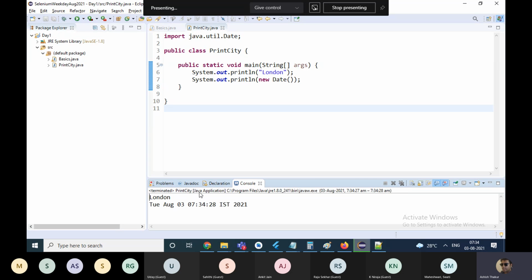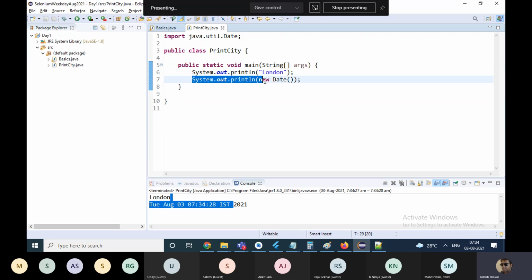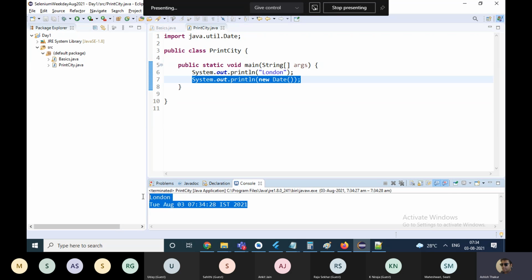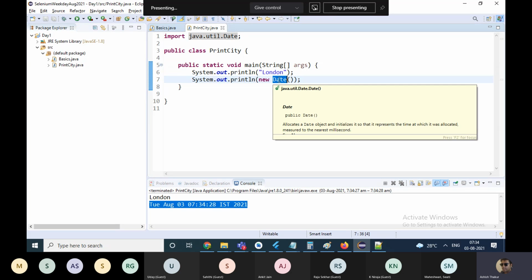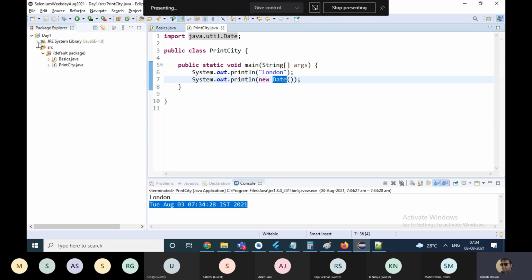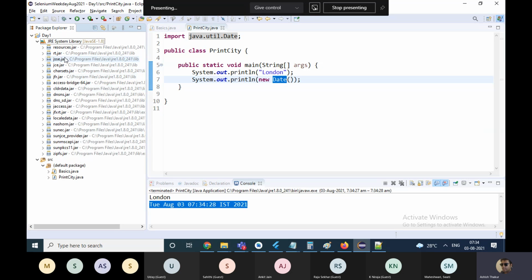Every time I run this, it will give me the updated value. I never had to do the hard work. It is inbuilt. It is coming from this Date class in Java, which is somewhere inside one of these jar files. It's predefined.